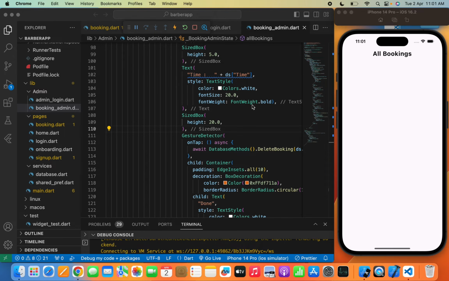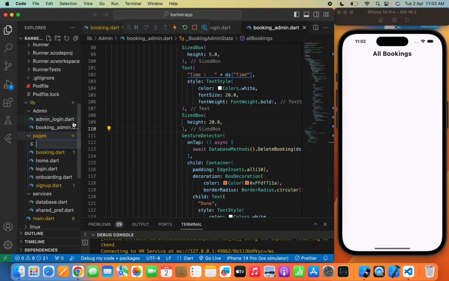The final segment of our Barber booking app series, which is a forgot password screen. So we are going to first make the UI of the forgot password page, then we are going to add the backend for the reset password. So let's move to the pages folder, and we'll create a new file named forgot password dot